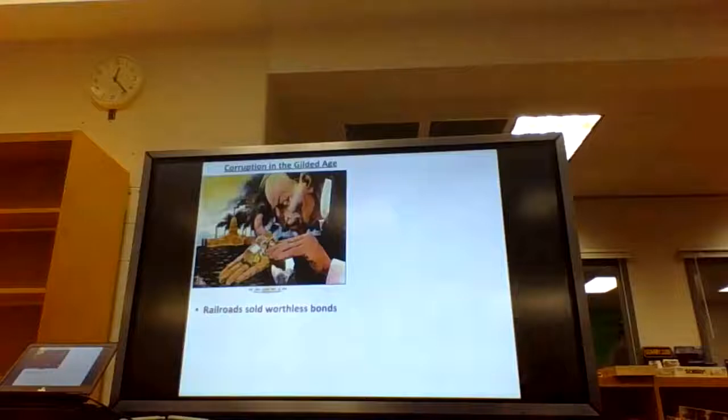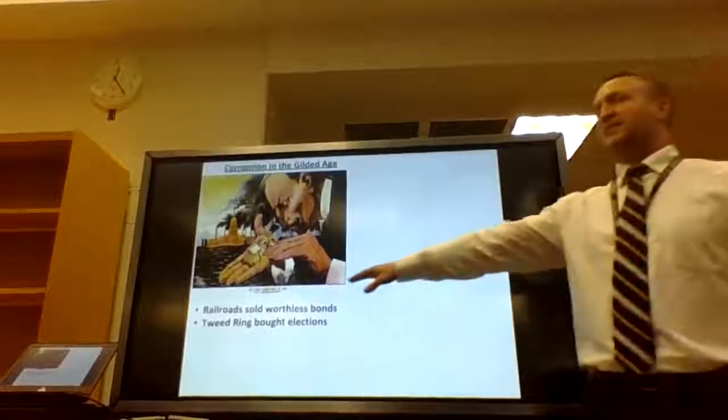Same thing, railroads. Railroads engaged in a corruptive practice where they sold bonds, ownership in the railroad, and people paid for it, thinking, I now own the railroad. No, you don't. You own a piece of paper. That's all you own. They didn't know it at the time. And they discovered it through the role of newspapers, and we'll talk about the role of newspapers later. So that's an economic example of corruption.